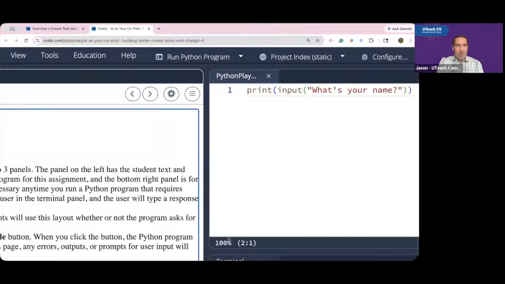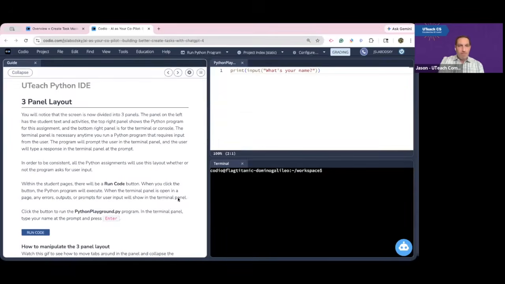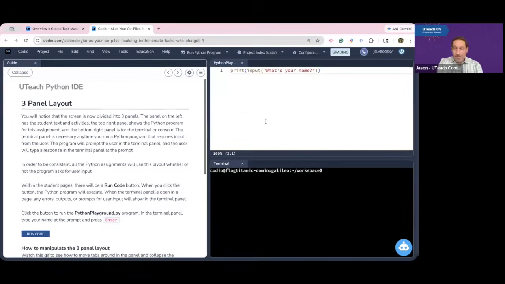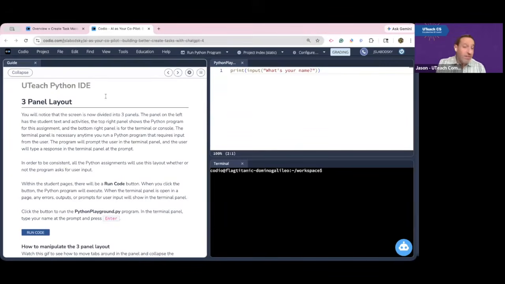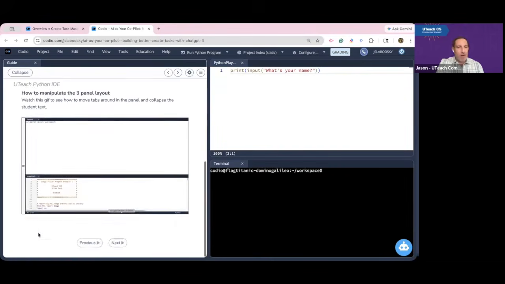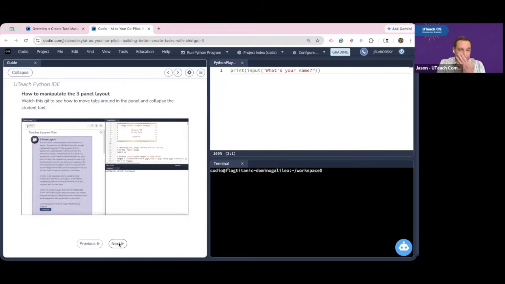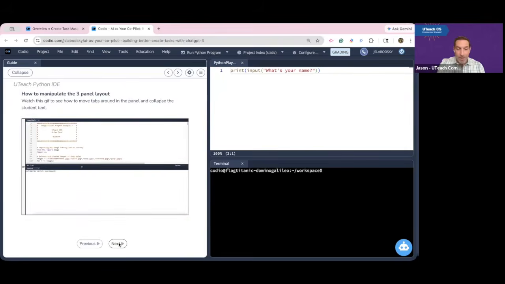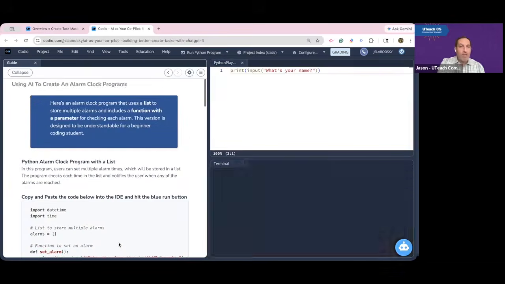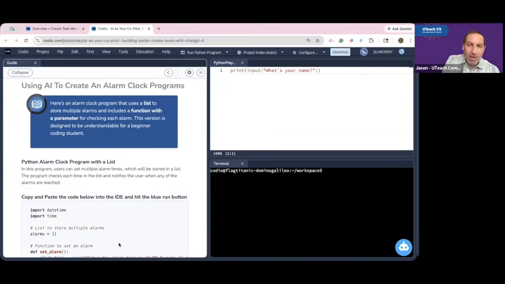So let me go over here to the next page. Here we go. This is just if you teach Python, this is how we do Python in our course. Everything is built into our platform. We just type in the top right corner and click the blue run code button, and then our program runs. I just wanted to share this with you. If you just want to do some Python coding and check out our platform, you could do it right here. But let's actually